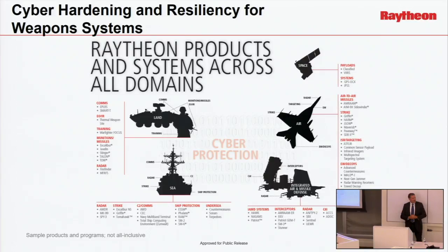Our key differentiator is that for all our systems, we need to think about cyber security and cyber defense up front, right, and change your mindset and ensure that these systems are hardened against these types of threats. And hardened, the term of art really is resiliency. You're never going to make things perfectly hard, but you want to make sure they're resilient, which means if part of the system is compromised or changed, it still executes the solution that you need it to do. I can't really say a lot more about it other than that whole mindset of what it means to have cyber resiliency and cyber hardening, and look at it throughout the